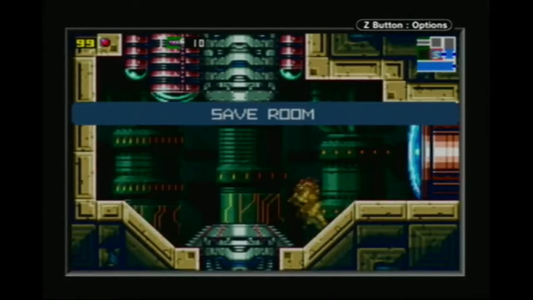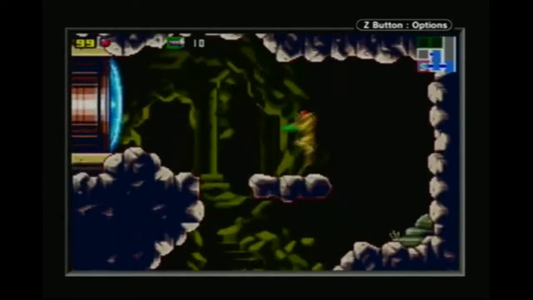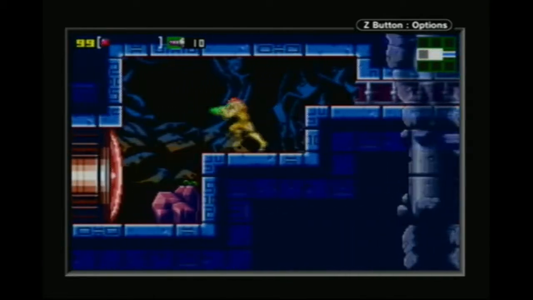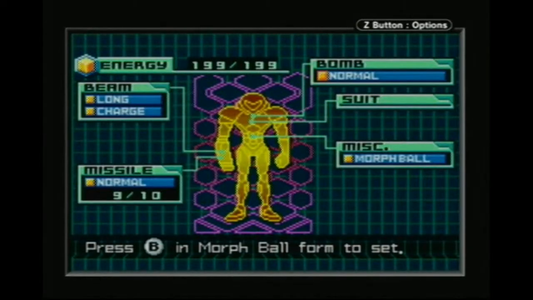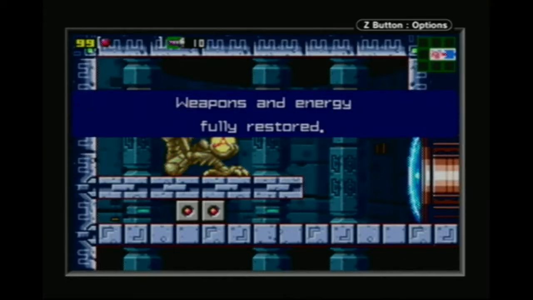Ah, take that, a save room. Yeah, let's go get bombs. Those take bombs. I hear weird noises. Bombs! Yay! Also, most of these Chozo statues... No, you're gonna tell me about bombs first. Okay. Most of them, you know, once you do that,